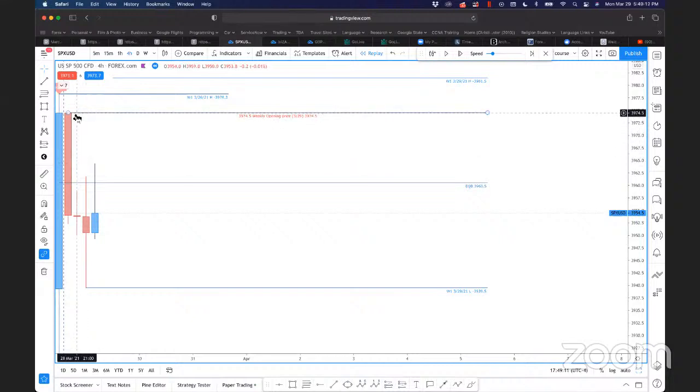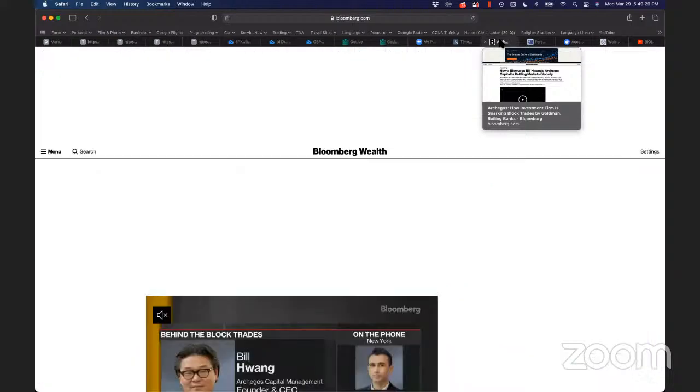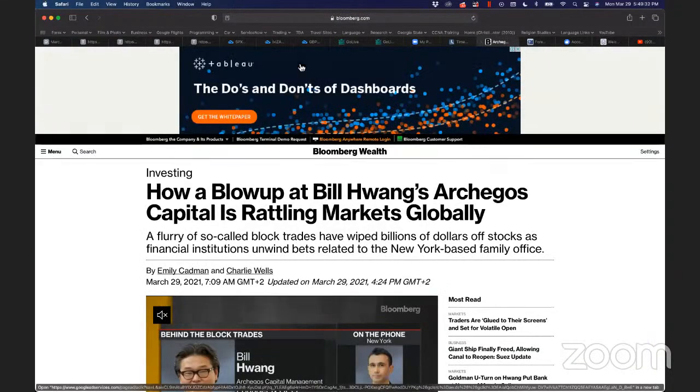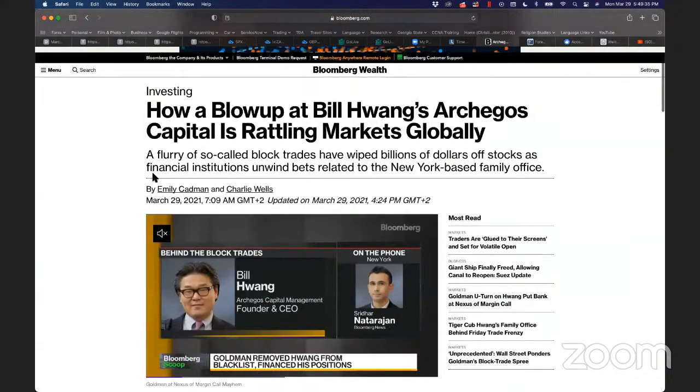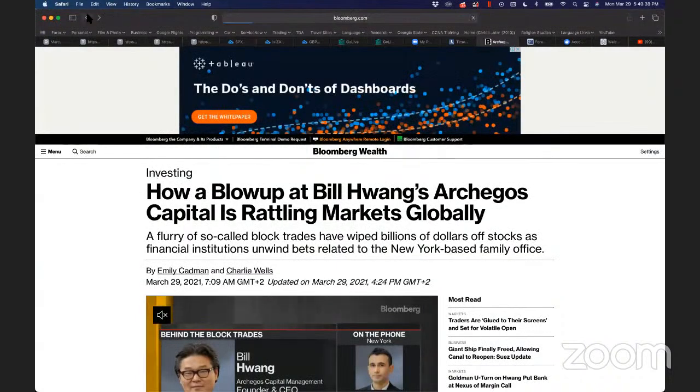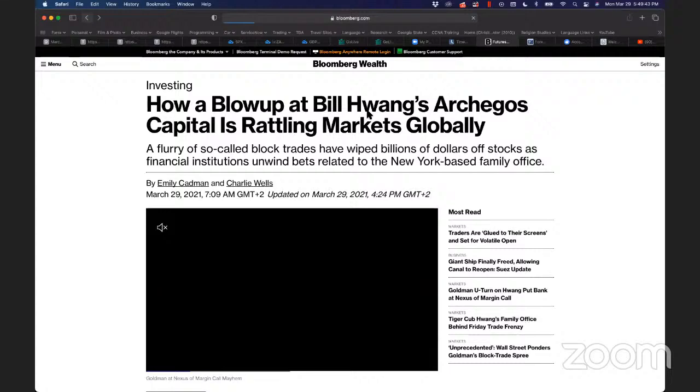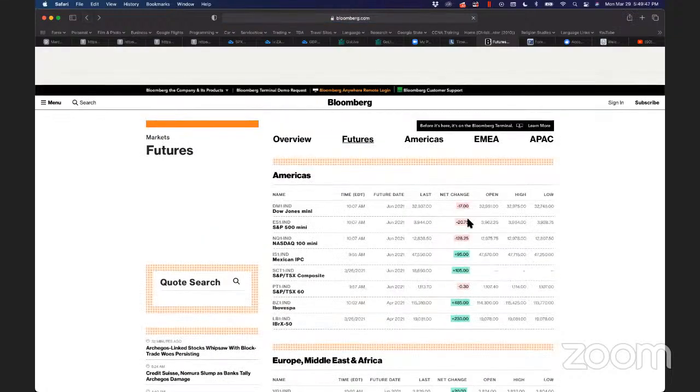I also know that I am below the opening price for the day, and this is also the opening price for the week. So all that combined, I would say I would be looking to sell. Then the next thing that I would do is look to see what the futures are telling me, right? That's when I'm coming over here and I'm going to Bloomberg and I'm going to the futures right here. And I'm saying, what are these numbers telling me? Are they telling me that we're negative,